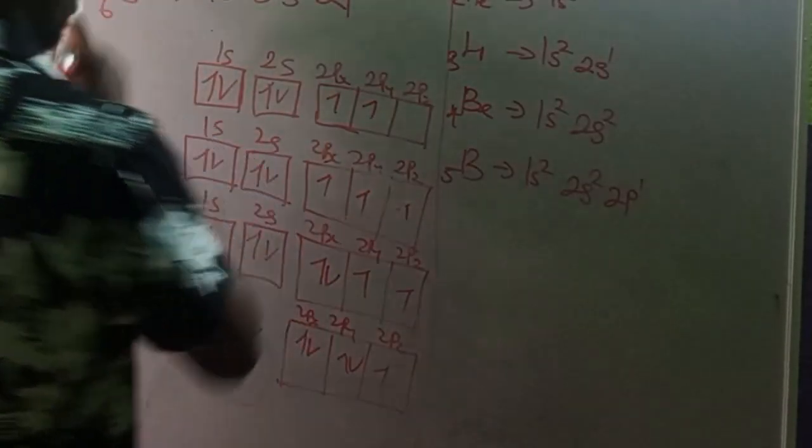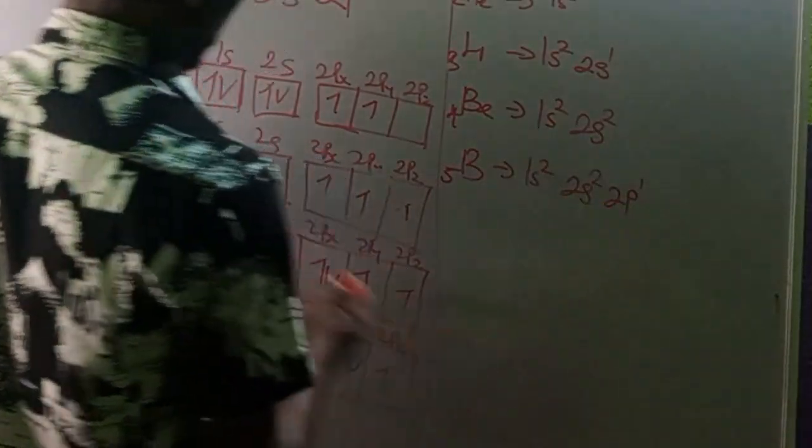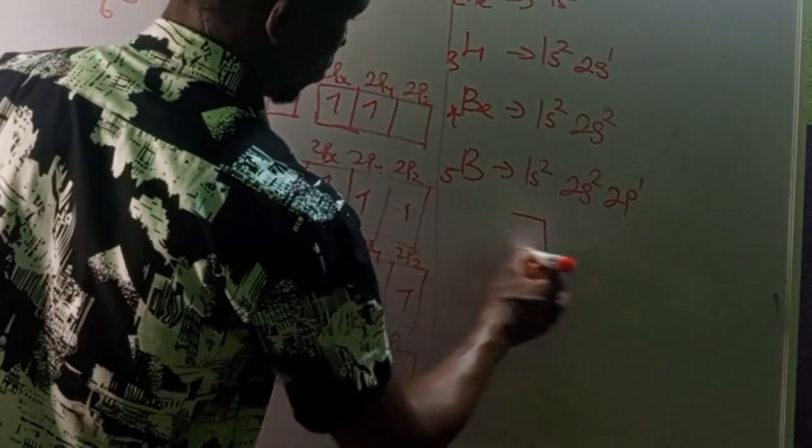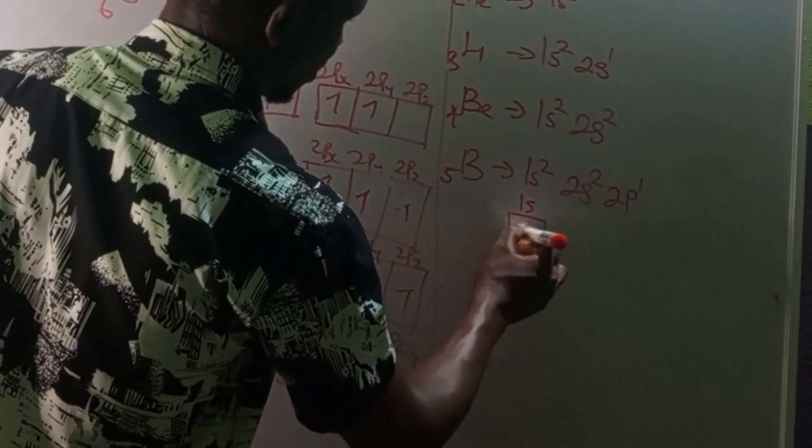After that, you have the carbon. If I want to put this in a more elaborate form, the electronic orbital configuration is going to be 1s, the 2 will be here,